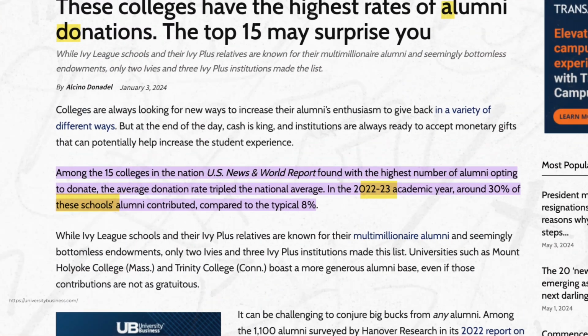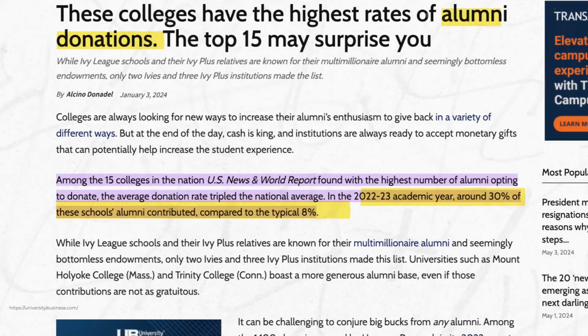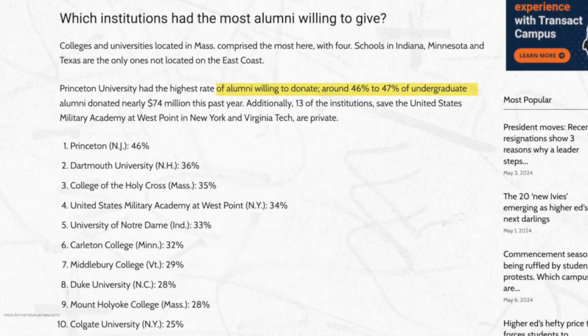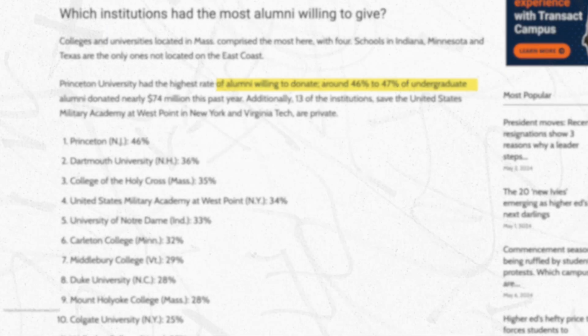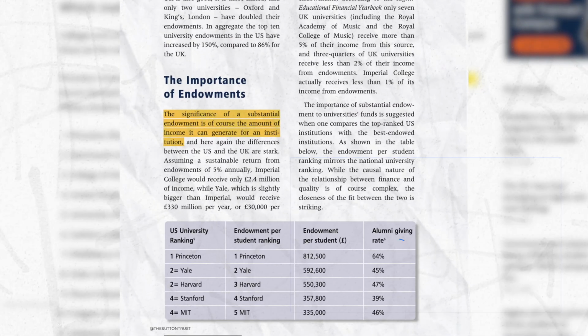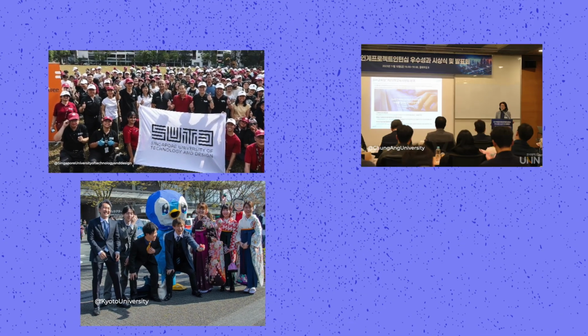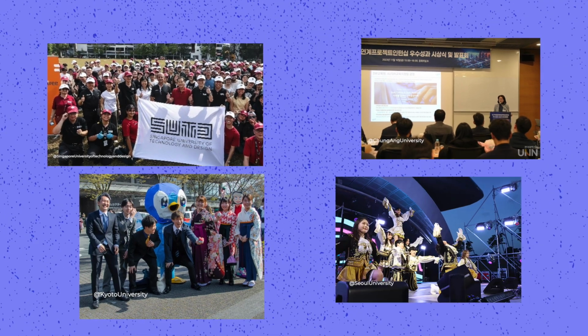And in some cases, or should I say, on average, 30% of the alumni in the US contribute some amount of donation back to their universities and colleges. This number sometimes stretches all the way to 64% in some universities, like Princeton. So even the different countries in the blue also emphasize student life and university-led activities. Though they are not able to afford facilities or events as big as the US, they still host retreats, festivals, internships, networking, all led by the school and its team.